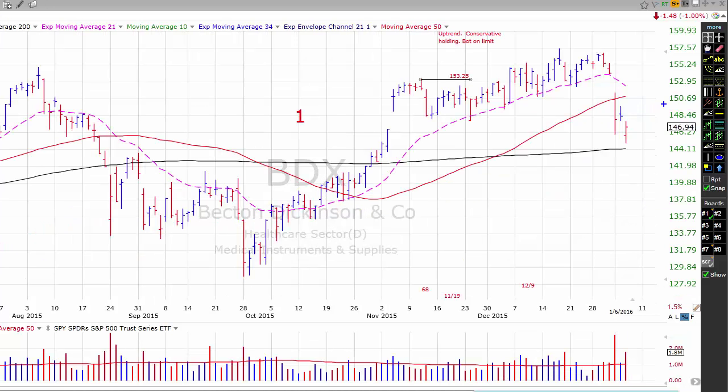Also, we were stopped out of Becton Dickinson yesterday. Notice how 2 days ago, Becton Dickinson closed at a loss, or below our buy price anyway, below its 21-day exponential moving average. And so when that happens, we put in an immediate stop at the low price of that day. That was Tuesday. We put in a stop right here. Yesterday we undercut that stop, and so we were stopped out of Becton Dickinson yesterday. We only had one position in Becton Dickinson, and so actually we had a half position. And we took a loss of